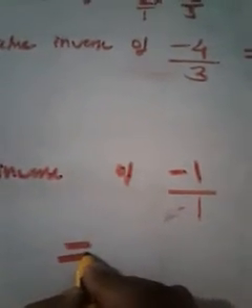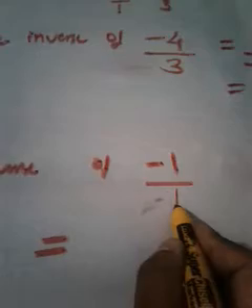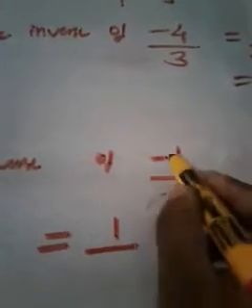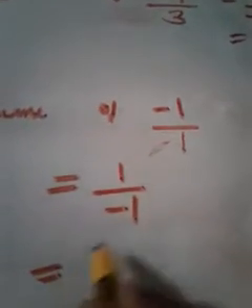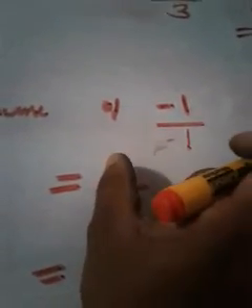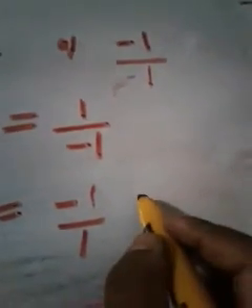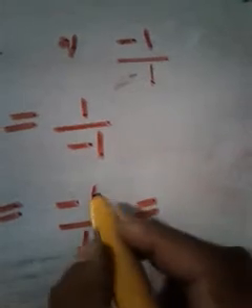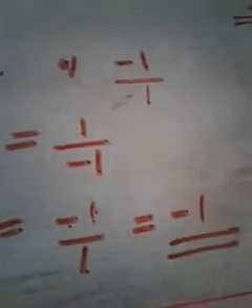Then what is the multiplicative inverse? Just take the reciprocal. When you take the reciprocal, this denominator 1 you have to write in the numerator, and this numerator minus 1 you have to write in the denominator. So now the minus is in the denominator side, just convert it to the numerator side. So the answer will become minus 1 by 1. What is minus 1 by 1? Minus 1. What is 1 by 1? 1, no? And just give a minus. So the answer will be what? Minus 1. You may have understood.